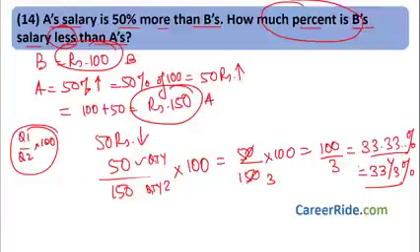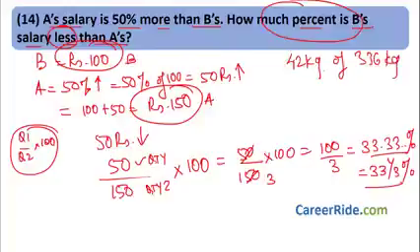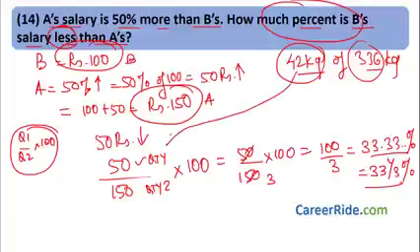Let's revise this again. Let's see what the difference was from the previous sums. Here initially what we wanted, what is 42 kg of 336 kg, that means what is one quantity as compared to the other quantity. Here what we want, how much less is one quantity as compared to the other quantity. That less makes us subtract the value and take only the difference, and we have to take it as compared to the second quantity, right? So B's salary is 50 rupees less. So we have 50 divided by A's salary into 100, and we got 33 1 by 3%.